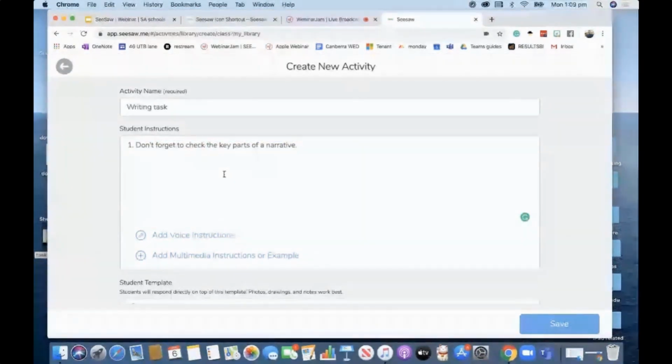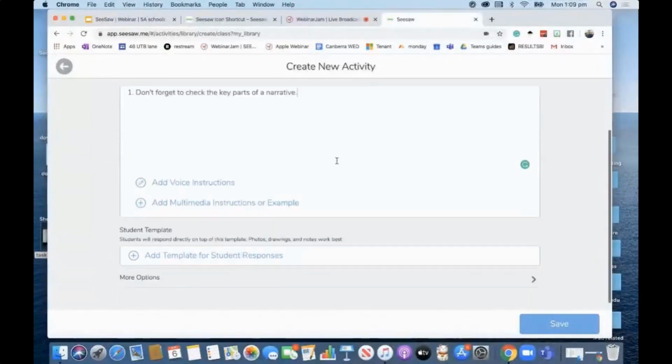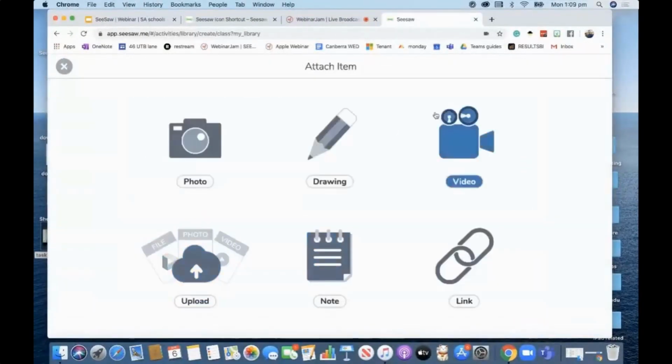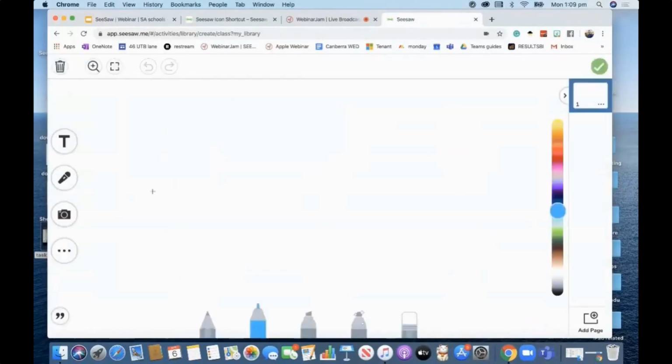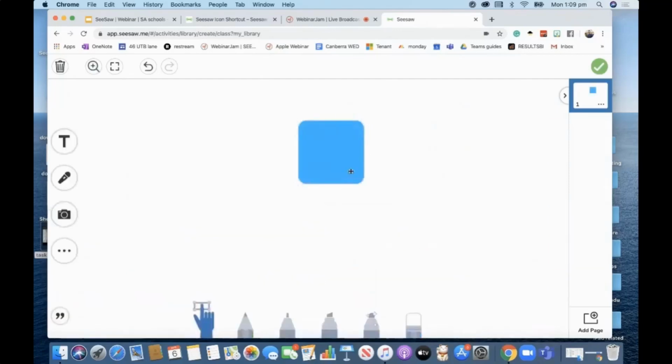So if you're allowing your students to write a narrative piece, for example, and you do your instructions and your video and all that sort of stuff, that's great. But it doesn't mean that you can't do up a little engaging activity that shows different aspects of a narrative. So if I do a little checklist up here,